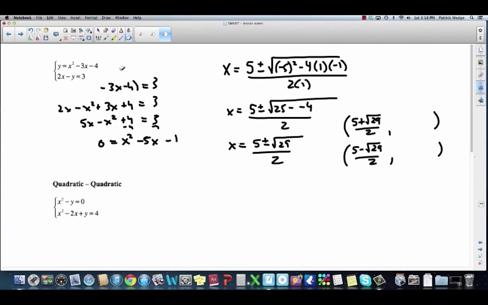That x right there. Okay. So we're going to plug it in there. So if we take a look at the top one here, we would have 2, this 2 right here, times x, which is 5 plus root 29 over 2,